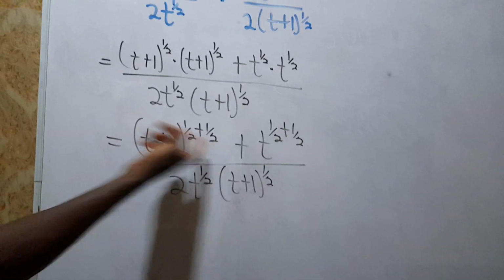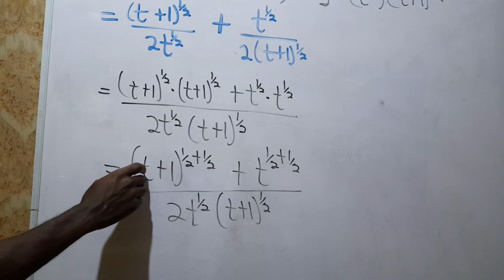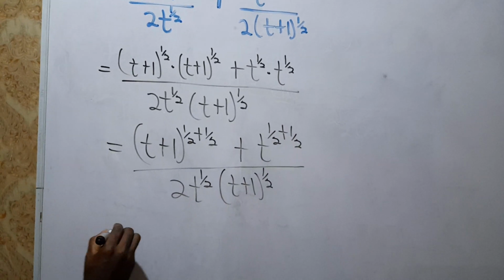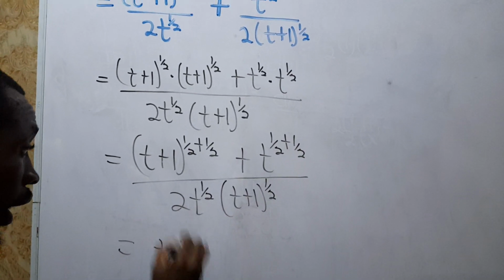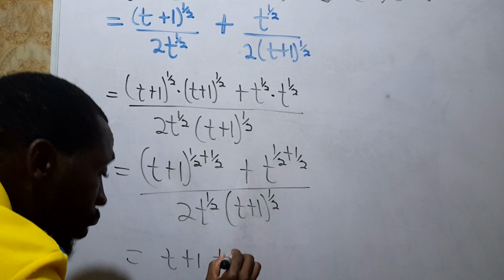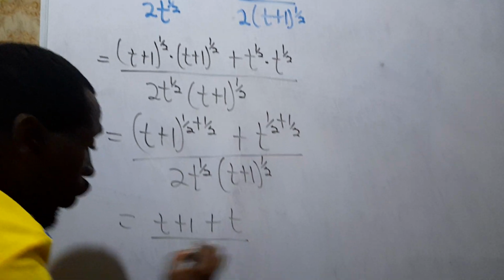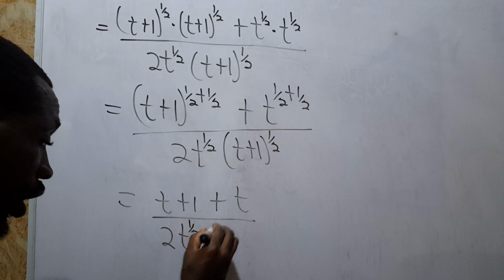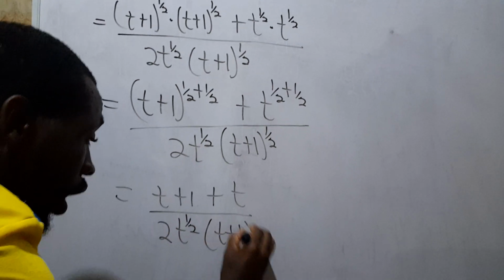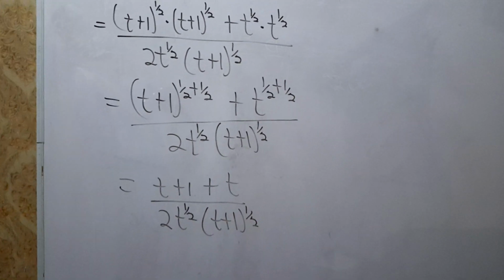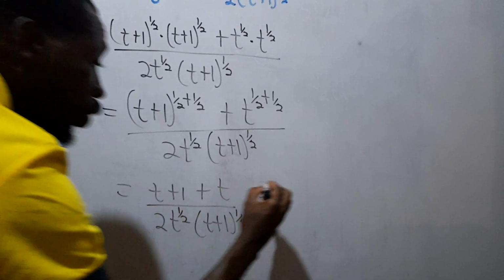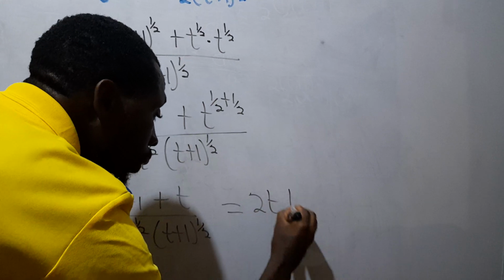Remember, when half is added to half, we'll get 1, and t plus 1 exponent 1 will be t plus 1. So we'll be left with t plus 1 here, then this one too will be t over 2t exponent half, then t plus 1 exponent half. We'll simplify this. T plus t will give us 2t, then plus our 1